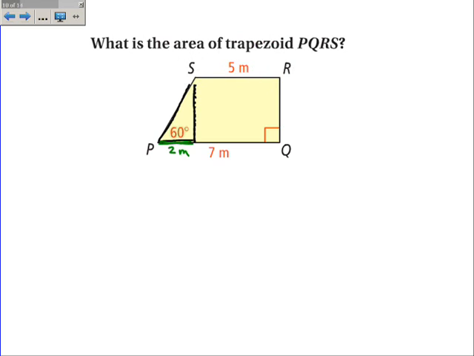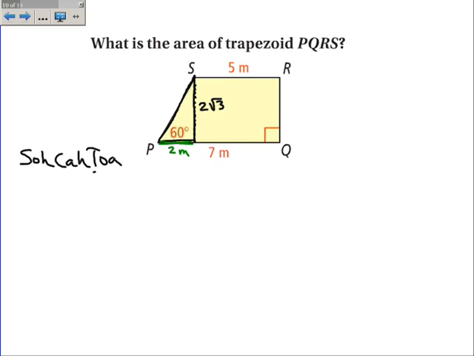Okay, now if you think back and remember from special right triangles, the 30-60-90 right triangle, if the short leg is 2, the longer leg is that length times the square root of 3. So this length up here must be 2 root 3. Okay, now if you by chance forgot that ratio, you could always use trigonometry,